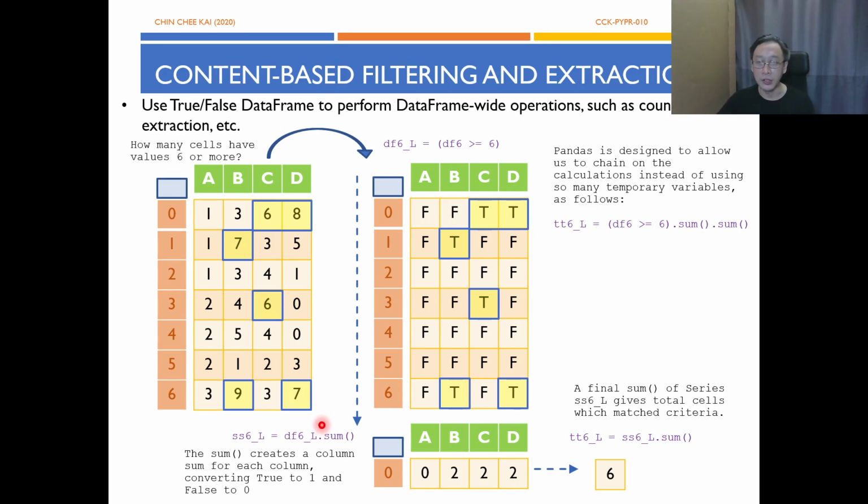So this function called sum is supported by pandas. So when you say dot sum, it will perform a column sum vertically downwards. How come? Because its axis defaults to 0. So if you don't specify, it is column sum. If you would like to do row sum, simply say dot sum bracket axis equals to